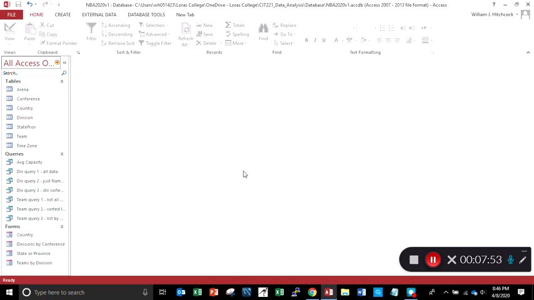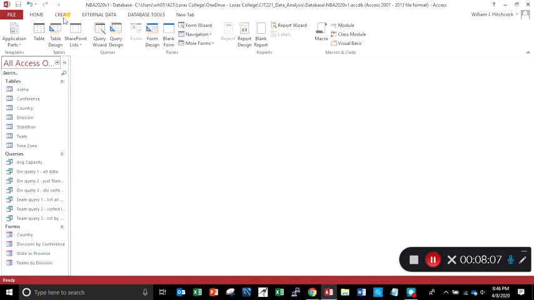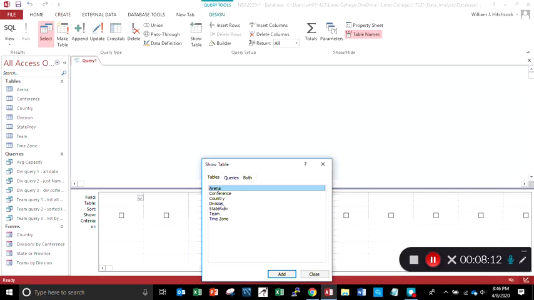So finally, the last one that I want to demonstrate is how to filter out some of our records. Say we don't want to get all 30 all the time. We want to select out something that we want to choose. So we can do this a couple ways. One is if I choose Create and go to Query Design, I can put in